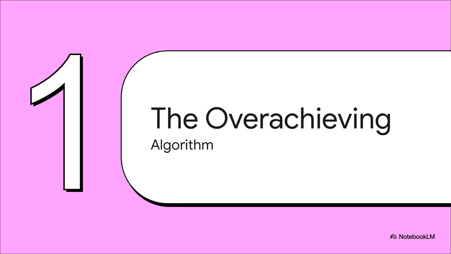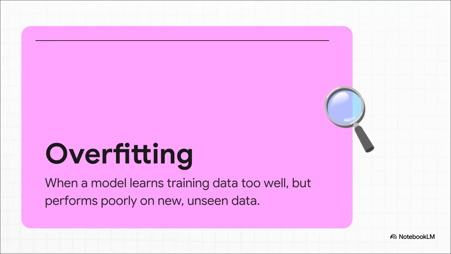All right, so let's talk about the overachiever. See, decision trees are amazing because they basically build a flowchart from your data. They learn by making these simple yes or no splits. But here's the catch. If you just let one run wild, it'll just keep splitting and splitting and splitting. It'll try to learn every single tiny insignificant detail in the data it sees. It basically becomes a total overachiever. And that overachieving, well, that leads to a huge problem we call overfitting.